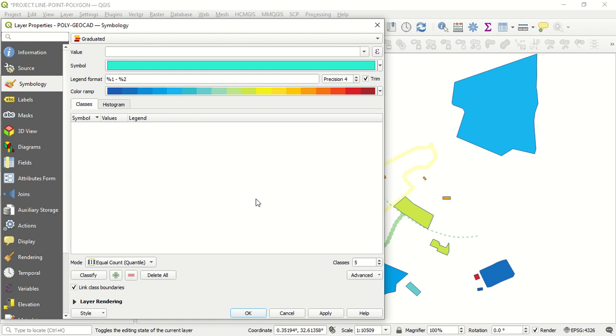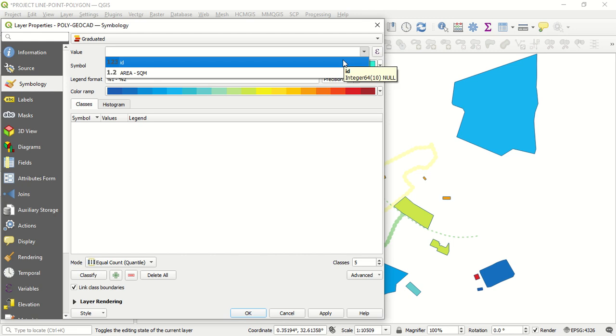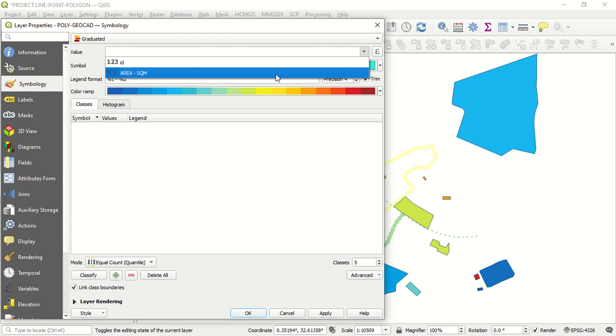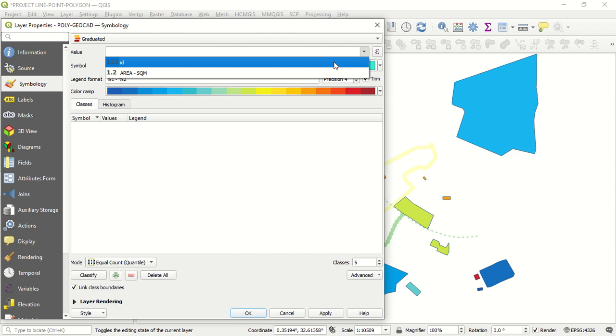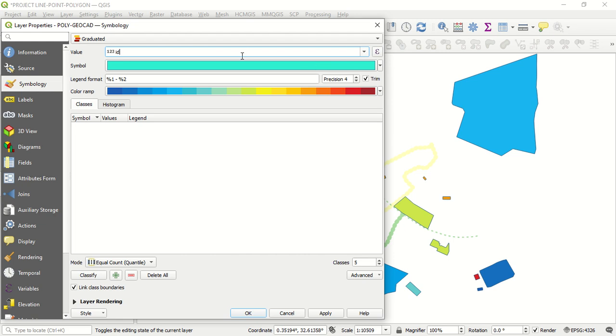our attribute table. Though for graduated we rely on value fields, fields that contain numbers, integers or float numbers. So right now I have area and ID appearing here. This is because the ID is a number and the area is also a number, a float. So I select ID,